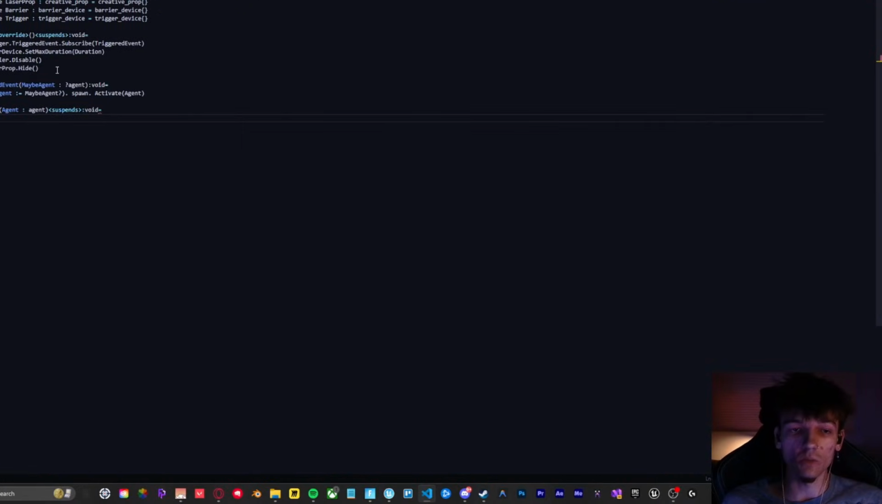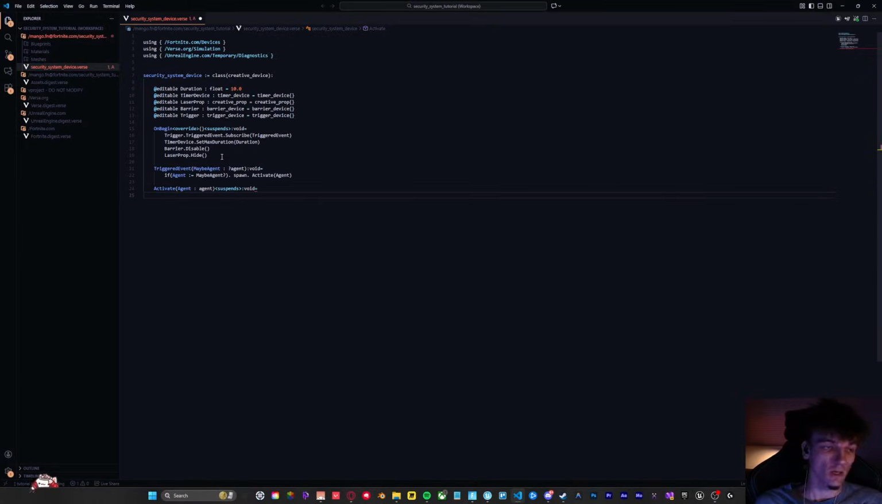This is also going to be where the main bulk of the code is. It's only a few lines, so don't worry, but this is actually going to walk through the process of turning it on and then waiting and then turning the system back off. So the first thing we want to do is